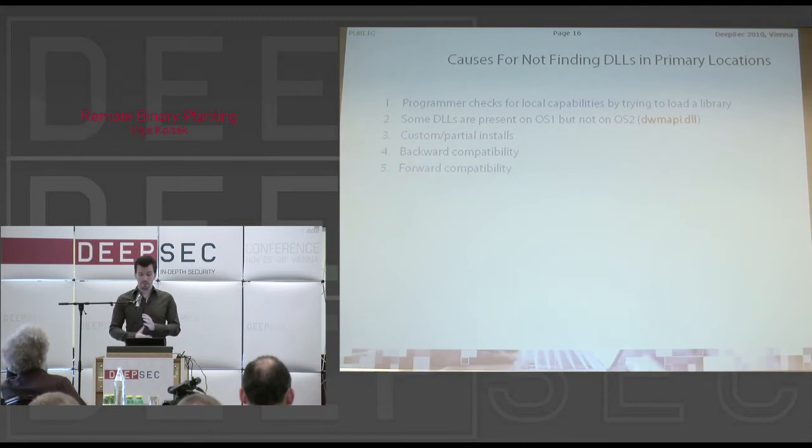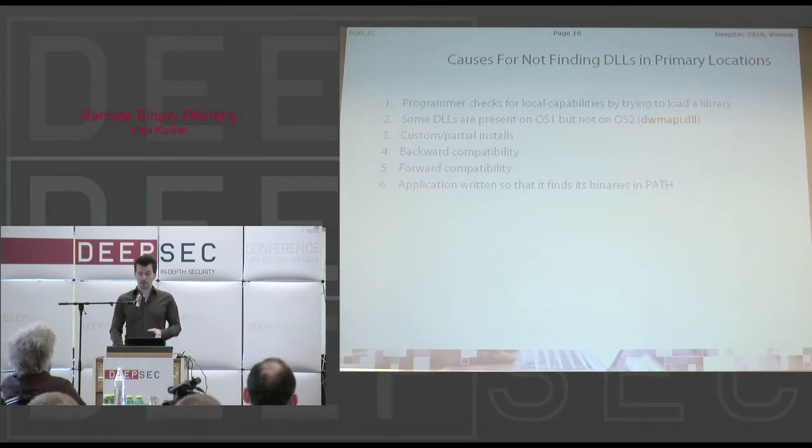We've seen cases of backward and forward compatibility. If you noticed the Microsoft Office 2010 bug, which was revealed 2 weeks ago, it was probably a case of forward compatibility, because Office was trying to load some DLLs that haven't been known by anyone on the internet, i.e. Google, right? So there is no information about those DLLs, so it's likely that they were just planned to be included in a later version or a later update of Visual Studio.